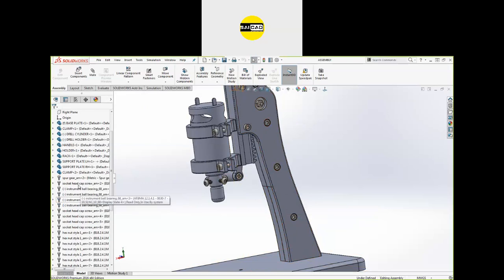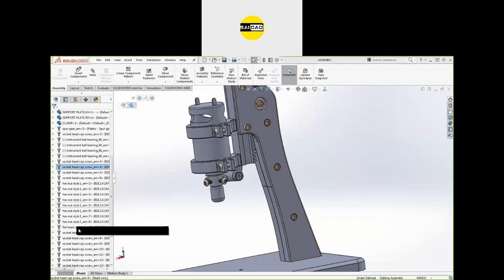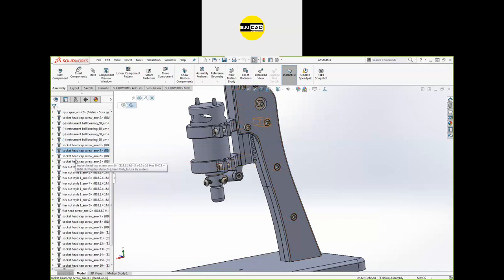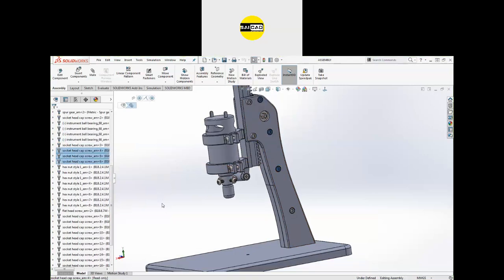You can see right here we have some spur gear arm. We have a socket head cap screw. We have an instrument ball bearing. Okay, and we have this socket head cap screw down. So first of all, how to import these standard components in the assembly. So I'm going to remove the socket head from here.